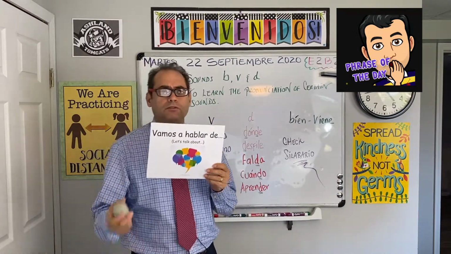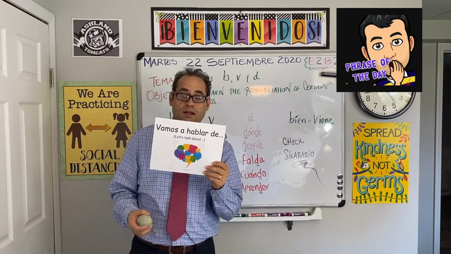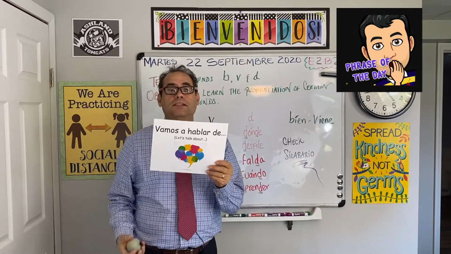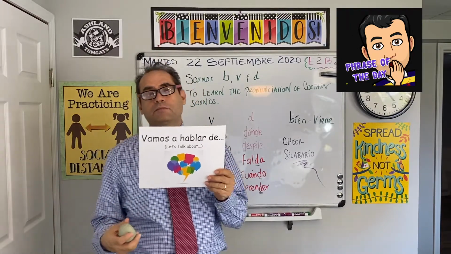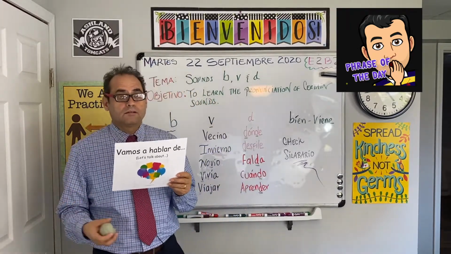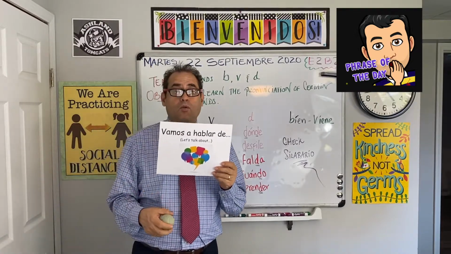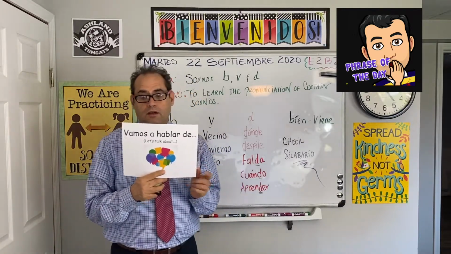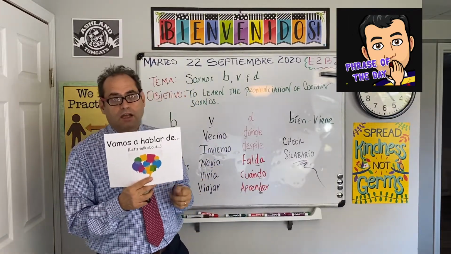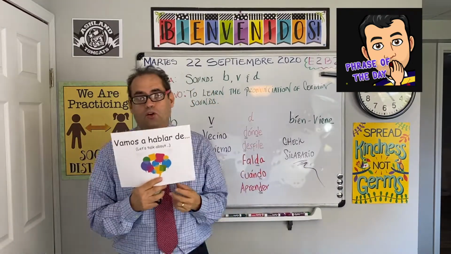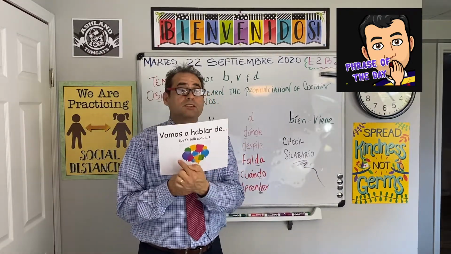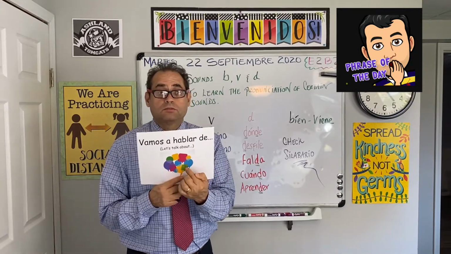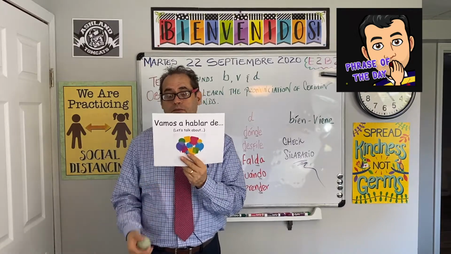Okay? The teacher is going to talk to you. Vamos a hablar de notas. We're going to be talking about grades. Let's talk about grades. Vamos a hablar. Let's talk about something. Maybe your dad, your mom comes to you and says, okay, Michael, vamos a hablar de what happened in the school this morning, lo que pasó esta mañana en el colegio. Okay? Michael, vamos a hablar de la situación que tuviste con tu hermano. Let's talk about the situation with your brother or your sister. Or let's talk about your grades at school. Okay, vamos a hablar de.